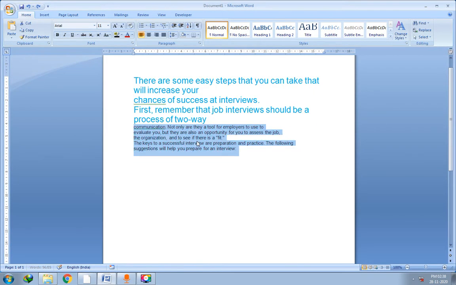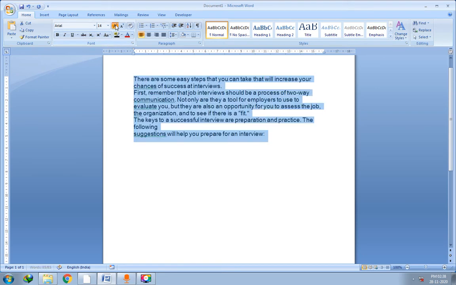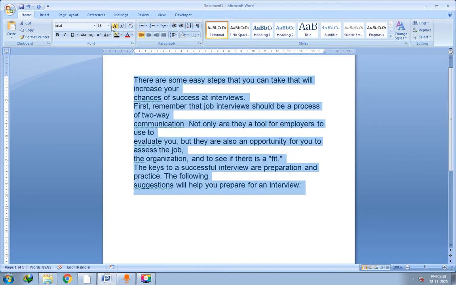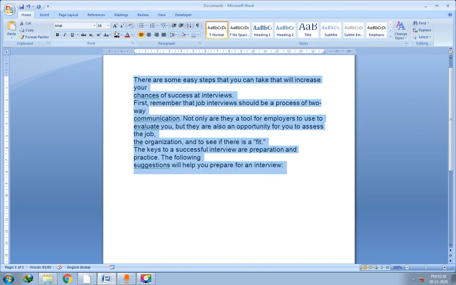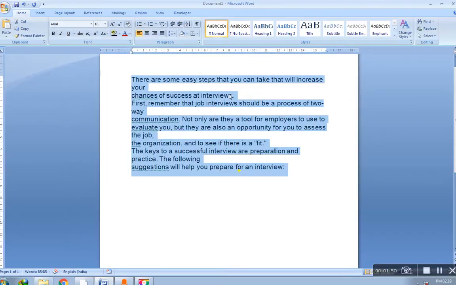So I'll undo all the changes first of all. So this is my normal text. I will just increase the size so that you can see this, right? Let me take it to the 16 points. So I have kept the font 16 so that you can see. I think it is quite visible.